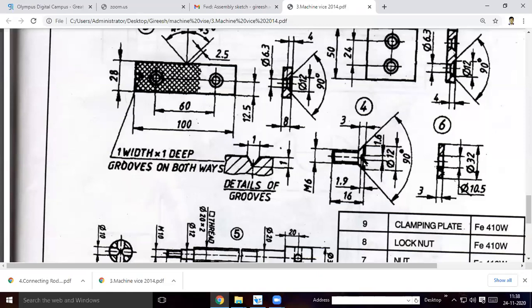And also you have this, in order to accommodate a screwdriver point, in order to tighten or loosen, this will be given. This diameter is 12 mm. Instead of angle you can also use this here. If you take 6 mm, then you can join these two lines. You have two options, you can use that. So this will be 1.6 mm is the width of this rectangle. So this will be 1.9 is the height.